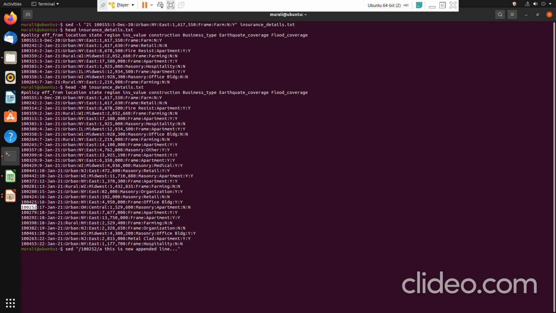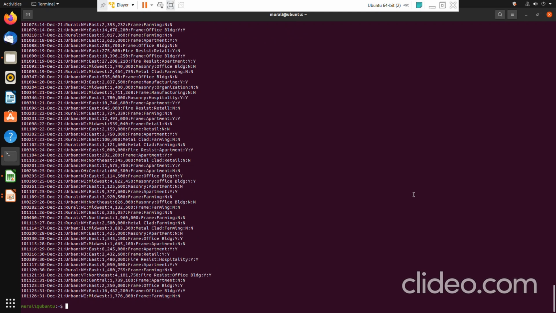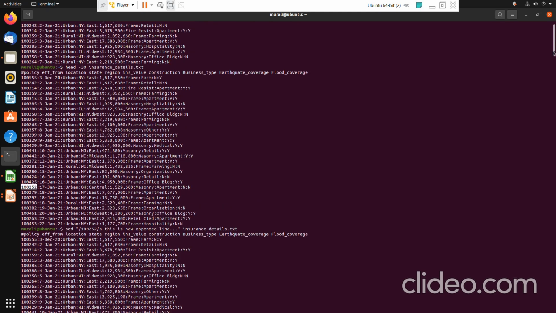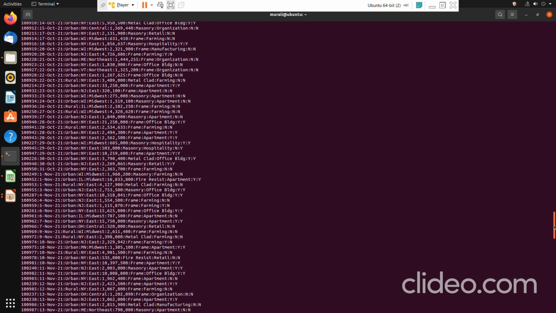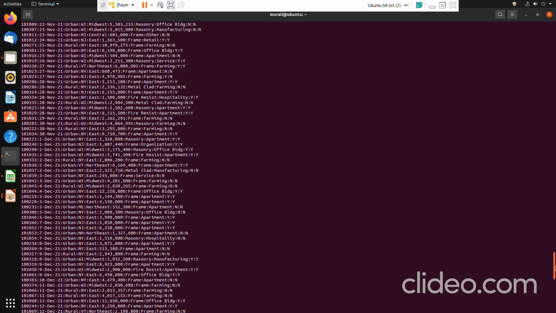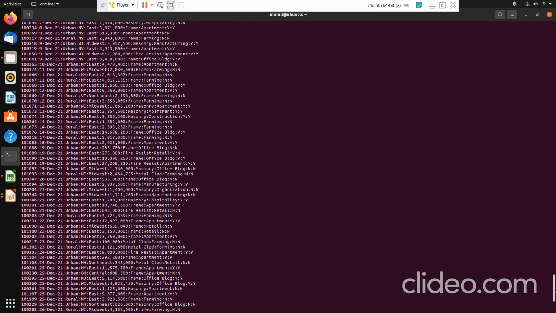For saving the time, I've just given this is new appended line. You can specify any relevant line. Okay, and then you can give insurance details.txt. Now it has appended only in the context of the output, right?